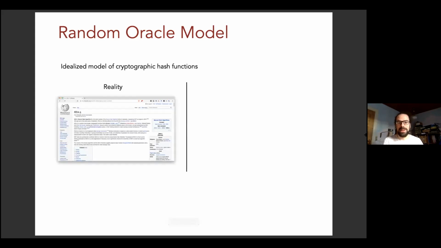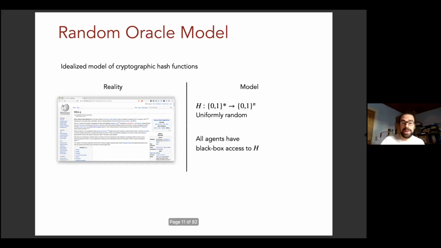So in the real world, a hash function, like for example, SHA-3, is a function. You can look up its definition on the internet. You can implement it on your computer and compute it on any input, right? Now, to model this function, we just pretend that this function was picked uniformly at random from the set of all functions. Now, this, of course, will, with high probability yield a very complicated function, and we can't just hand it to people because it will not have a compact description.